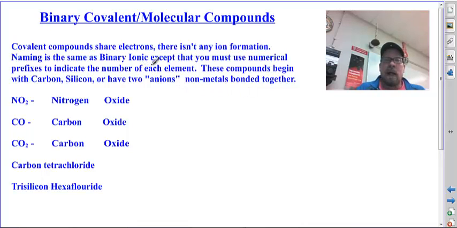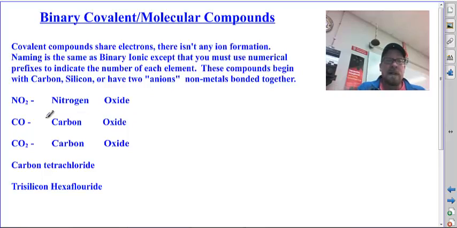But the binary ionic similarity to binary covalent is the fact that you have 2 elements. The difference is you don't have those ions to balance out how many atoms are attached. Again, the ionic charges on a binary ionic cancel each other out. You know how many atoms stick together. You don't know how many atoms stick together in a binary molecular compound. And so you need to have some method in naming different than what you had with binary ionic to name